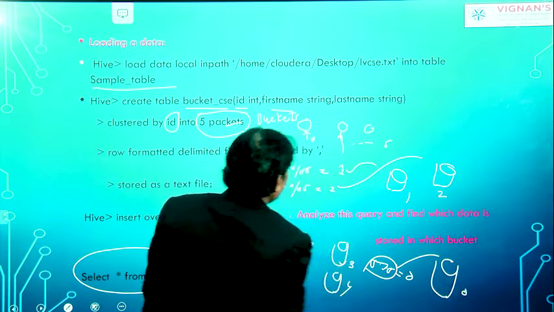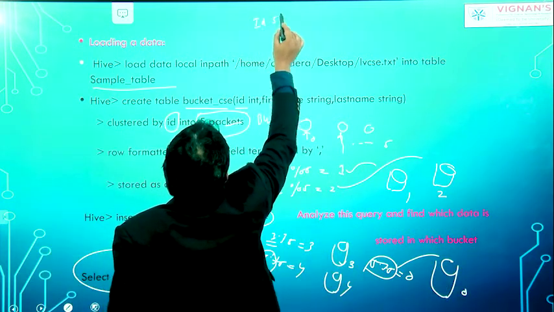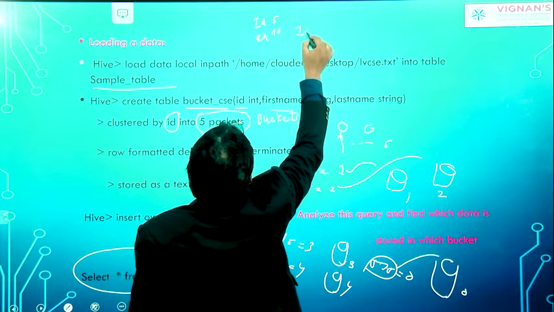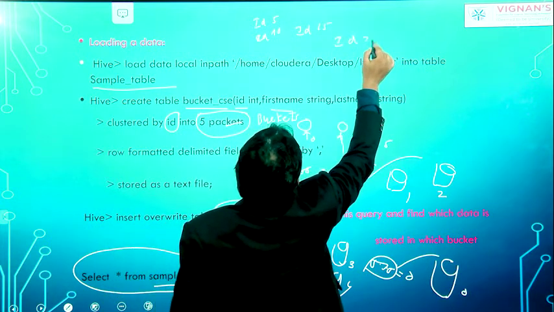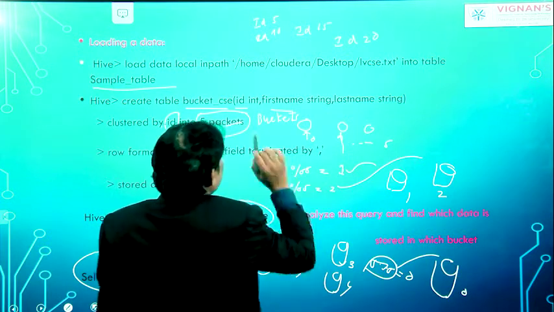Bucket 0. If you have ID number 10, ID number 15, or ID number 20, and you do modulo by 5, what do you get? We get 0.